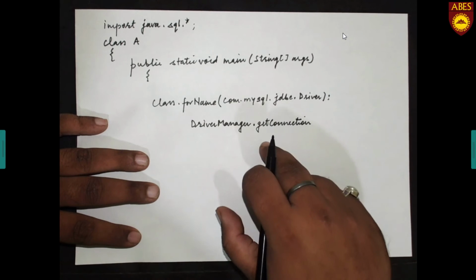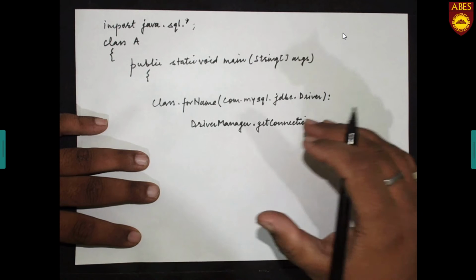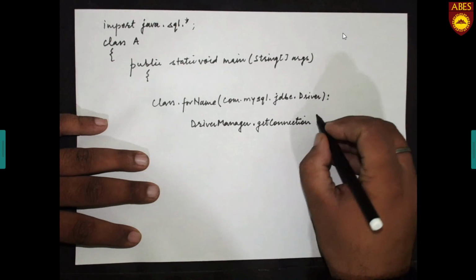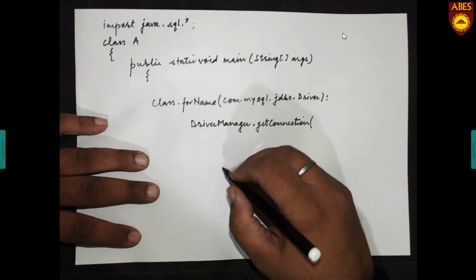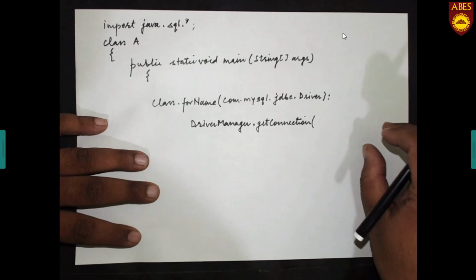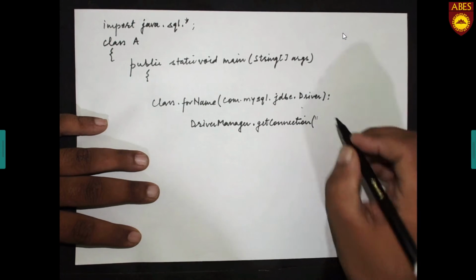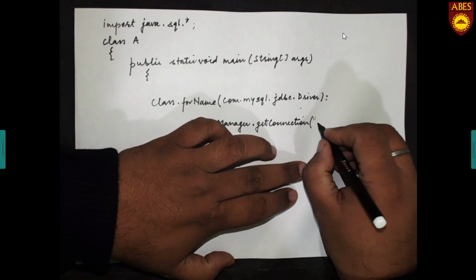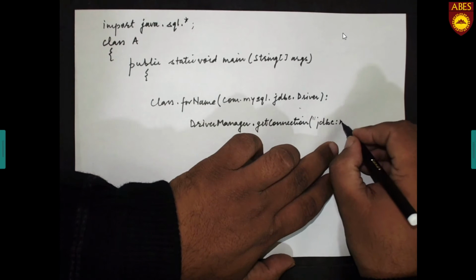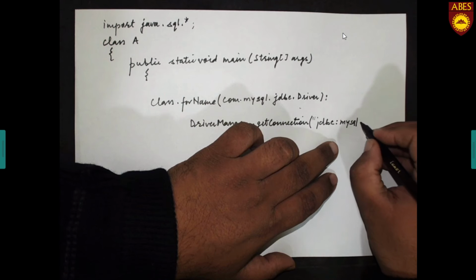One of the getConnection methods takes three parameters. One parameter is the connection URL, the second is the database user ID, and the third is the password. Now the connection URL is jdbc:mysql. JDBC is the API, MySQL is the database,